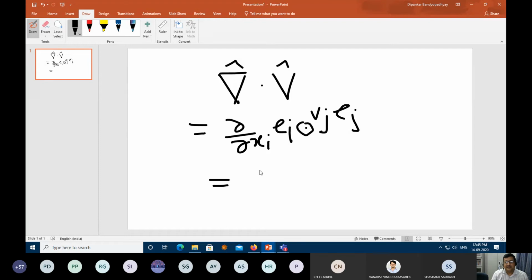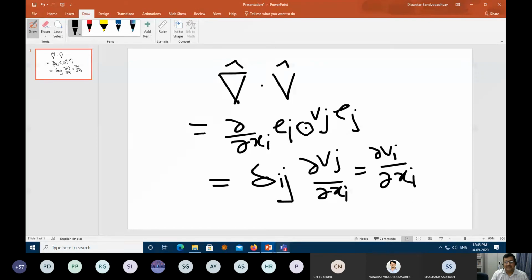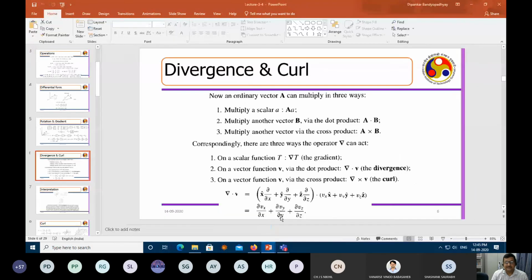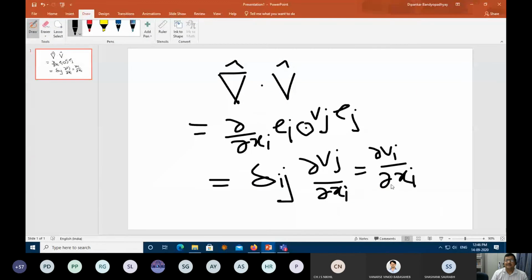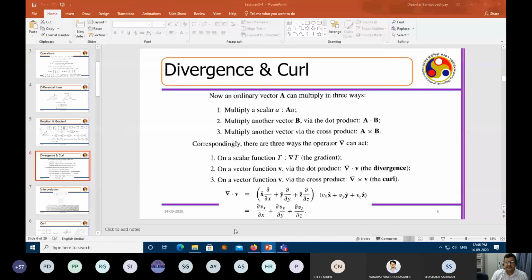Which means, if I just expand, del vx by del x, del vy by del y, del vz by del z, which you see here. So you can straight away see that this is the gradient operator, which is a vector, and this is the velocity, which is a vector. If you take a divergence between these two, you end up getting a scalar, which is del vx by del x plus del vy by del y plus del vz by del z, which can be expressed in an indicial manner as del vi by del xi. It's a single notation. You are compressing the entire thing. Whenever there are repeated indices, you have the summation, and that summation has been expressed here in terms of the addition. Okay. Similarly, you can evaluate.